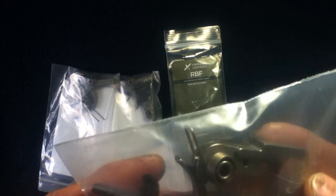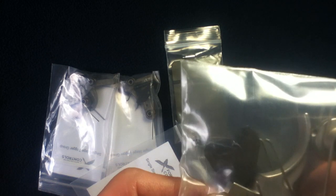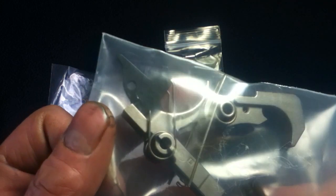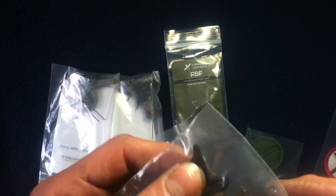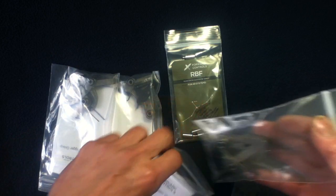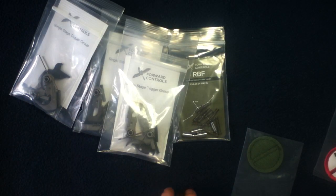So you can see there your hammer does have the spring already on the extension portions. Likewise with the trigger, the spring is already on there as well, so you don't have to mess around with that. Pins are included, and here's your disconnect right there, so that's ready to be installed. So got 3 of those single stage nickel boron type of triggers. Next up,